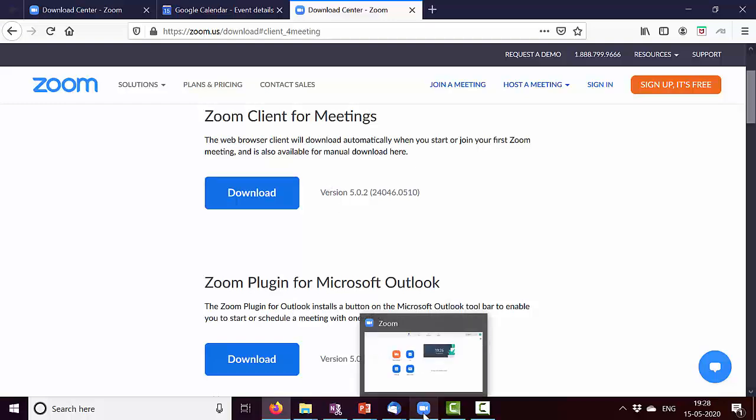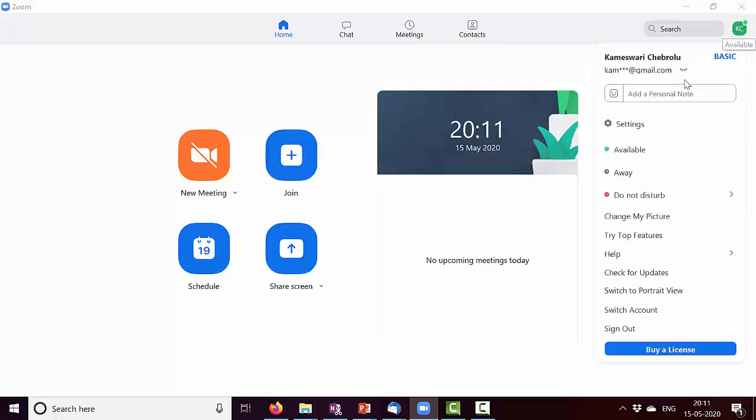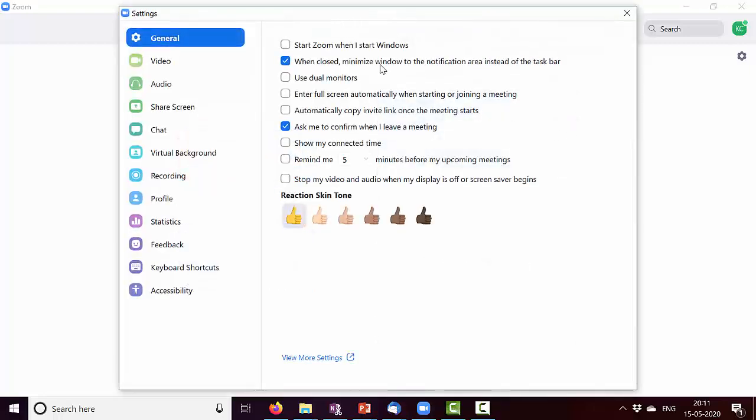After installation, when you open Zoom, it is asking you to sign in. You have to use your email and password to sign in. Then it is going to take you to this screen. After your login, you may want to set some parameters that will apply to all your meetings instead of setting them individually for each meeting. So for that, you can go here and click on settings. There are a lot of settings you can potentially do. You can go through this at leisure.